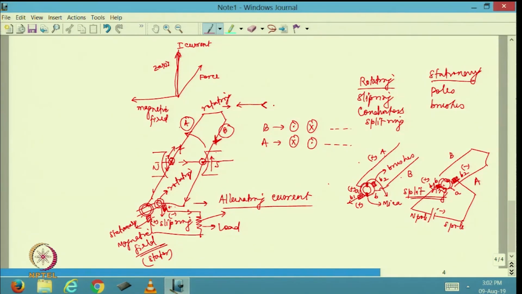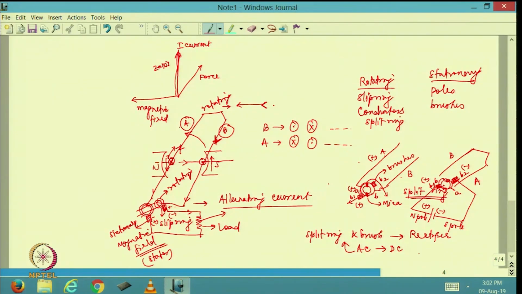So, I am going to have negative here and positive here. This is how it is going to be. So, the split ring and brush arrangement works like a rectifier. It essentially is converting the alternating current in the conductors of the armature in a DC machine to DC. So, AC to DC conversion is done automatically by using split rings and brushes, right. So, this is the basic working as far as the DC machine is concerned.